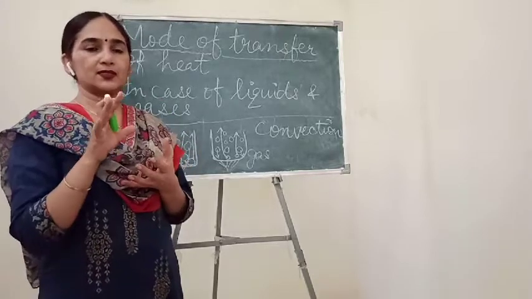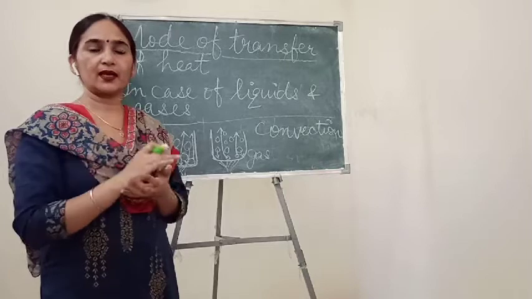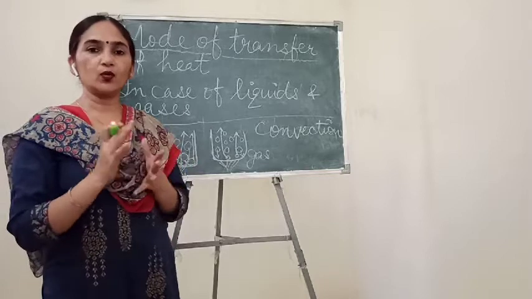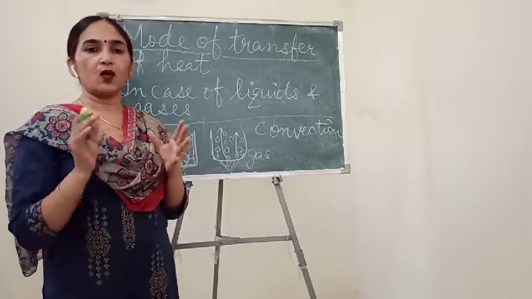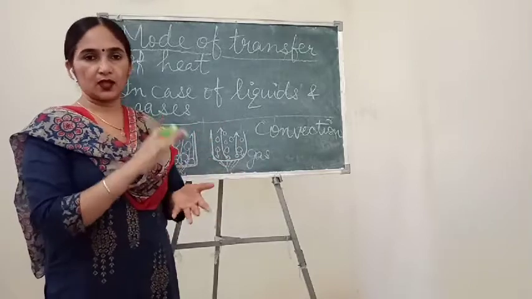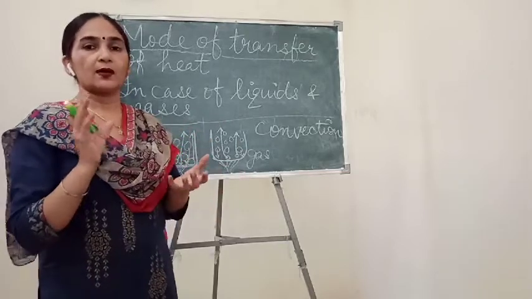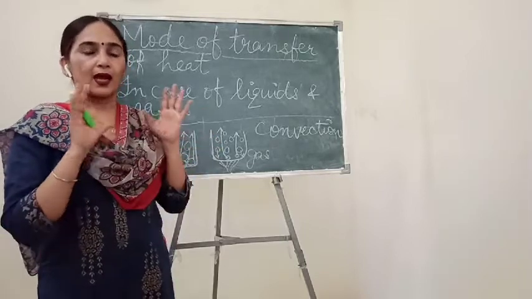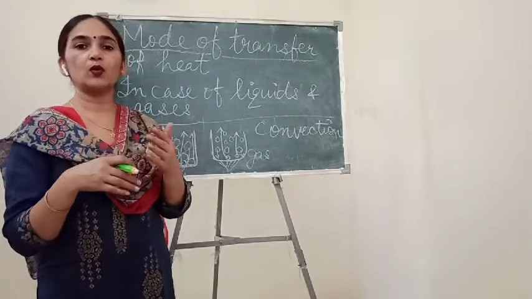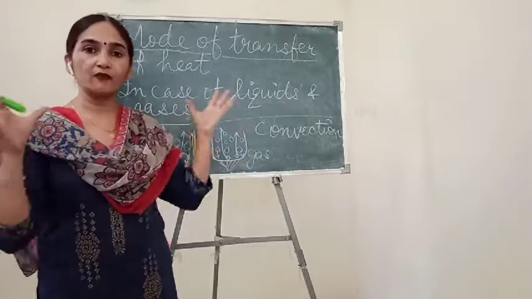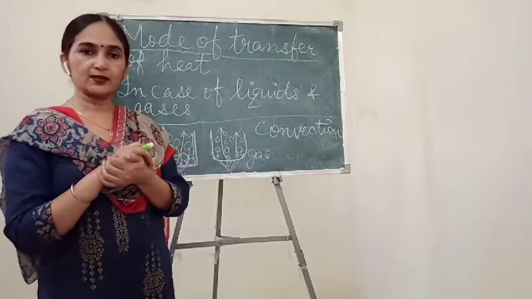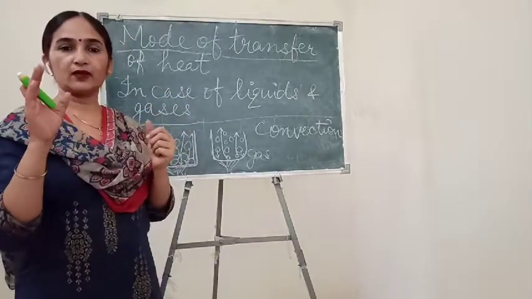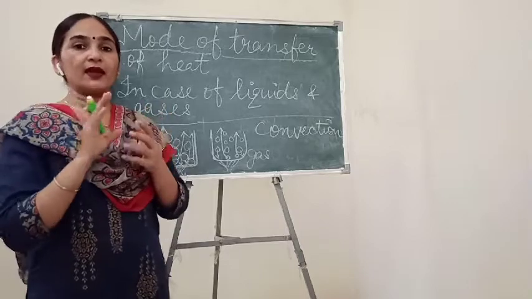Okay? After this, you can take the example of your room heater also. In the same way, a room heater is always kept down in our room. Why? Because downward you always get cold air, and the room heater heats up the cold air, so that our full room becomes warm during the winter season. Understand? So this is the main use of the convection method, and the use of ventilators also.